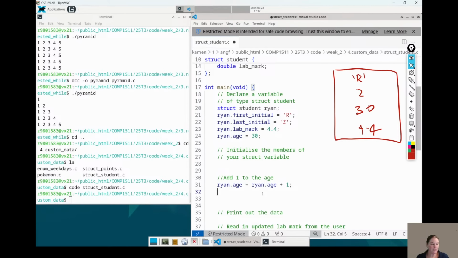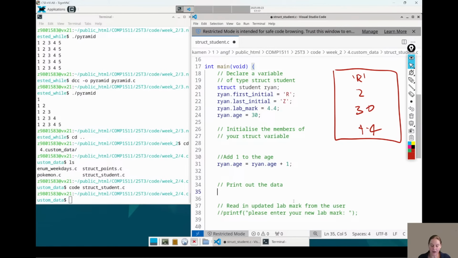And then what if I wanted to print out this struct? Now, there's no percentage student sort of thing that scanf or printf has built into it. It's not able to read our mind and know we're going to make a struct student. We just have to print it out ourselves. So if I want to print out this data, I'm going to have to do a printf, and I'm going to have to work out, well, I want the first initial, the last initial, the lab mark, and the age,